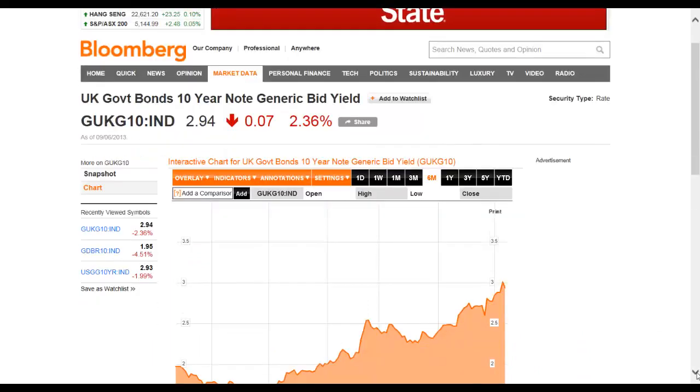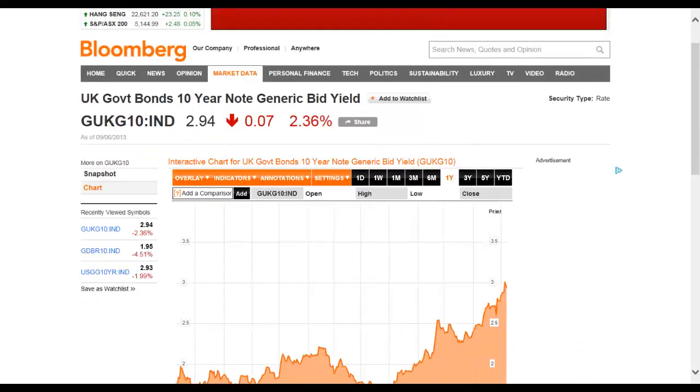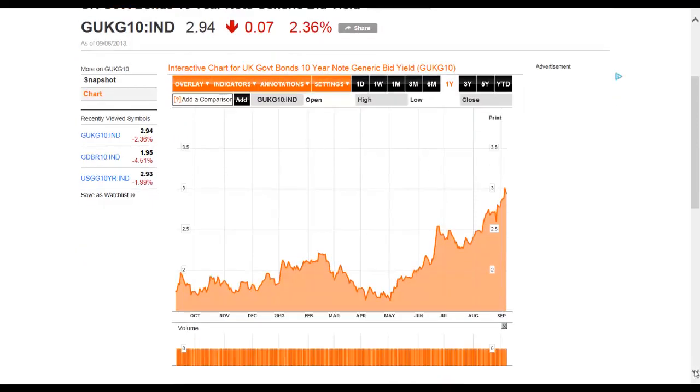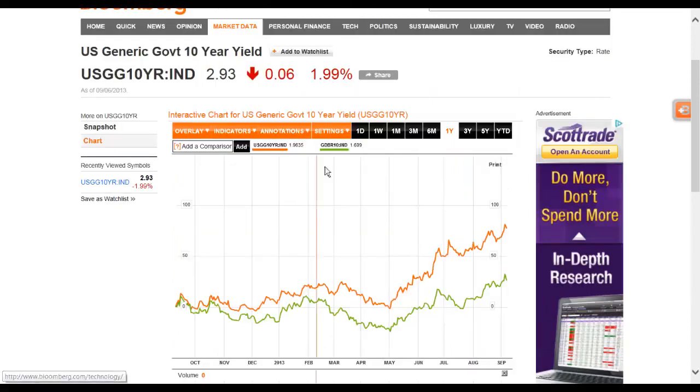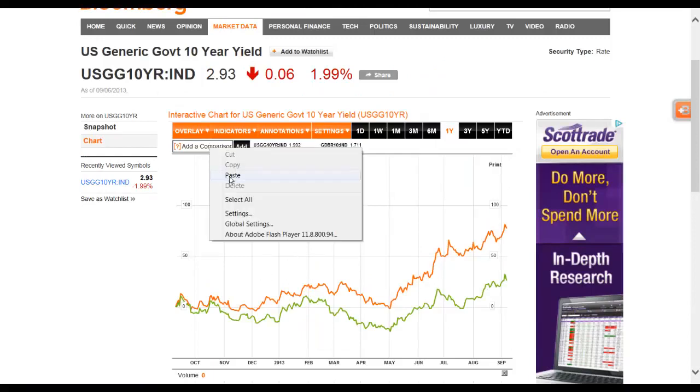And you can see here, change it to a year. You can see the same thing happening here, that the bond market's yield turns on a dime in that same April-May time period and starts rallying up. So now if we go back to the first chart where I already have the US and German, I'm going to paste the UK,